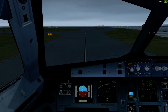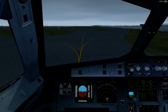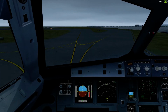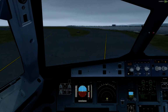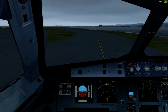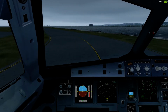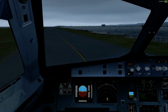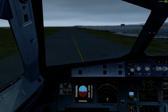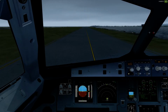Yes, Tom, it is default scenery. Unfortunately, I'm not on X-Plane. I wanted to do the FSLabs. X-Plane is coming. I am gonna have a pretty cool San Diego approach on my X-Plane simulator in the Zebo mod coming to the channel very soon. But for now, it's all about the FSLabs